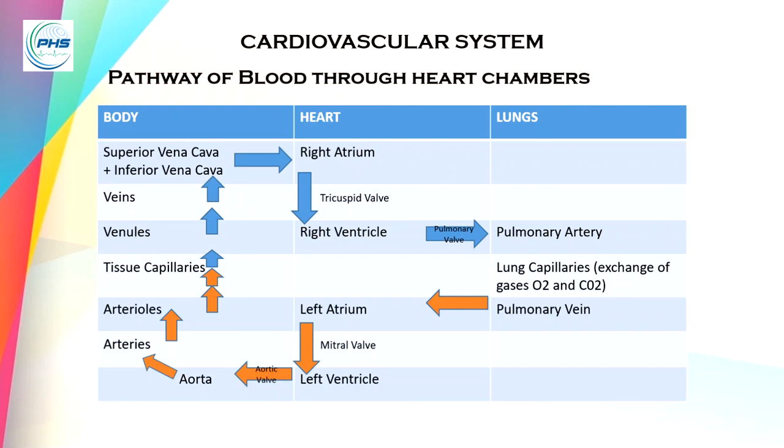When the ventricle is full, the mitral valve shuts. This prevents blood from flowing backwards into the atrium while the ventricle contracts. As the ventricle contracts, blood leaves the heart through the aortic valve into the aorta and to the body.